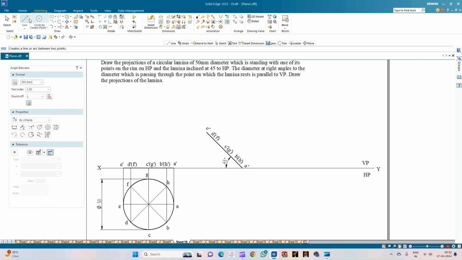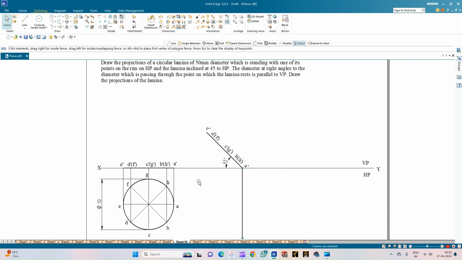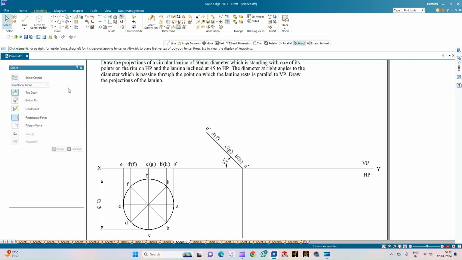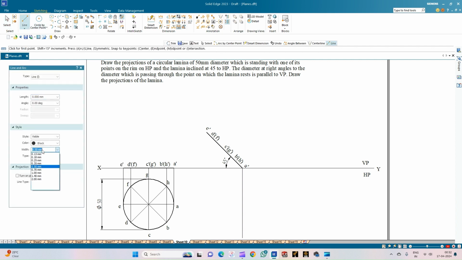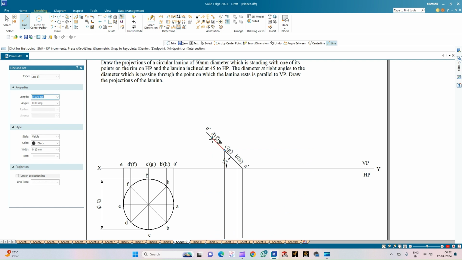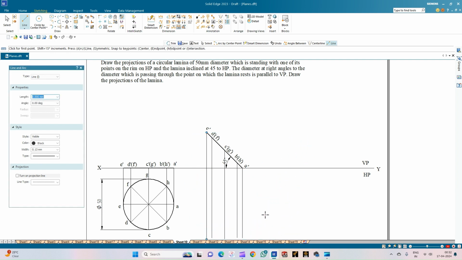So now we shall draw the vertical projector downwards and complete the top view of the circle when it is inclined to the HP at an angle of 45 degrees. So choose the projection lines of thickness 0.13 to draw the projection lines. So from each of the endpoints, draw the projection lines and ensure all the projection lines shall be having an angle of minus 90 degrees. So totally we have got 5 projection lines,